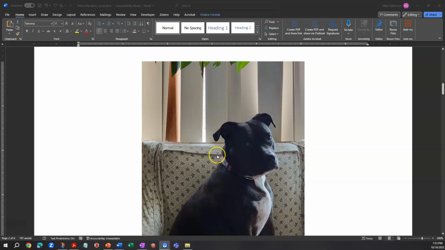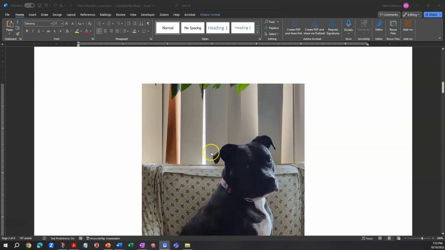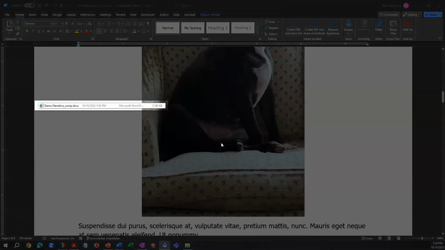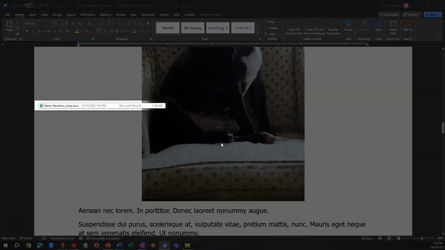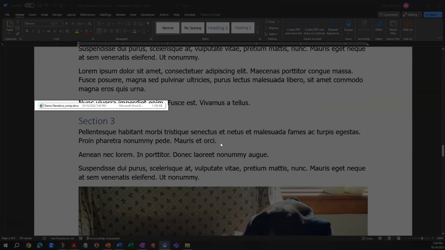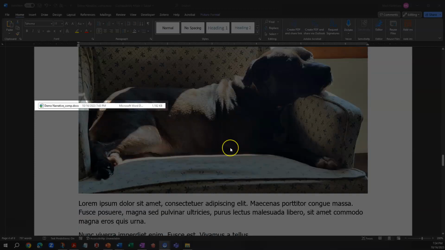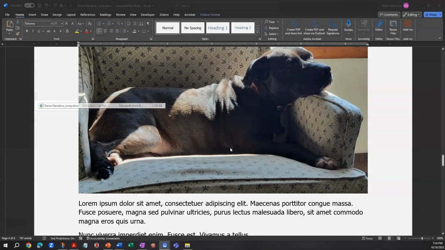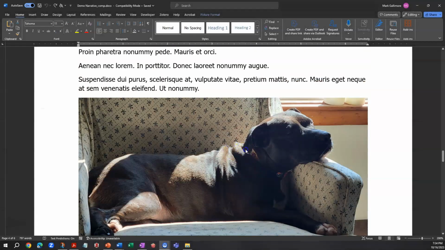So I have this docx or .docx file open in Word. As it is now, these photos taken from a smartphone have a lot of data, and the .docx file is 1.2 megabytes, which for just a few pages is not ideal. To compress the file's images, I'll click on any one of the images,